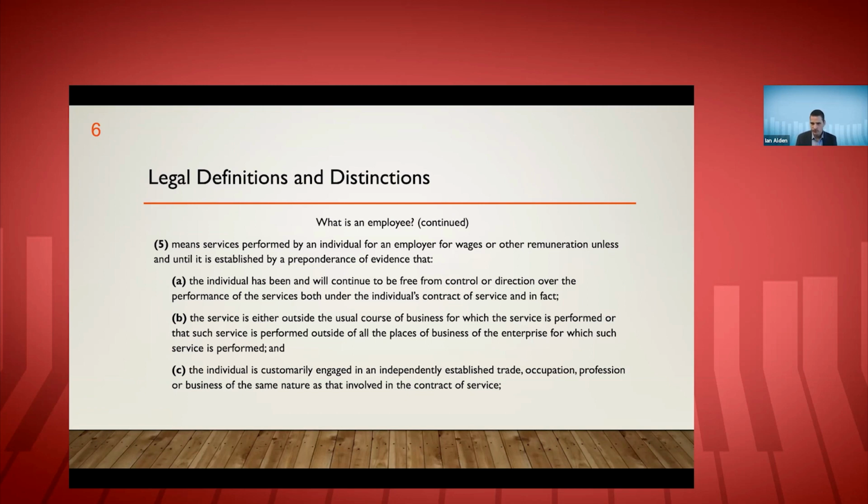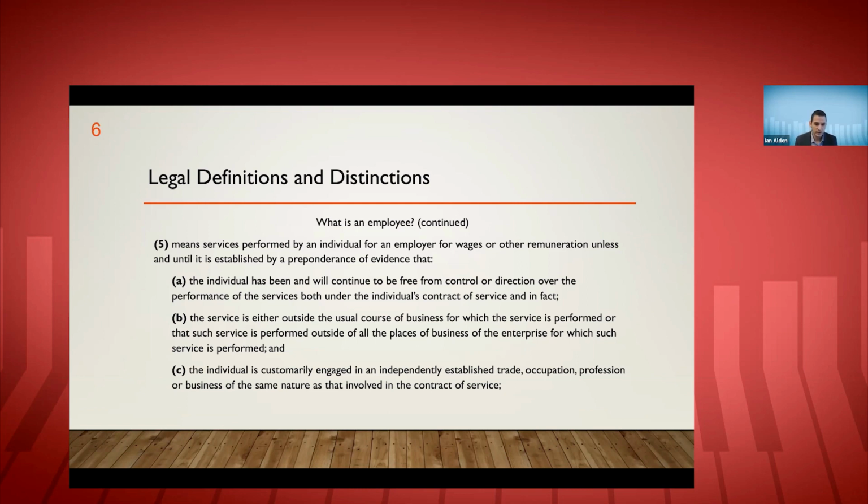And I'd like to give a common example of this, like a receptionist, someone who watches the front desk of the business. You really can't have a receptionist who's based in the business be an independent contractor, because they're performing the services just at the business's location. I mean, that's where the services are being provided and rendered. So it almost automatically fails subsection B. But the idea here is really that if you want to have an independent contractor, you can't just have them working exclusively at your place of business.